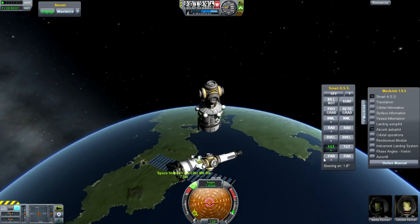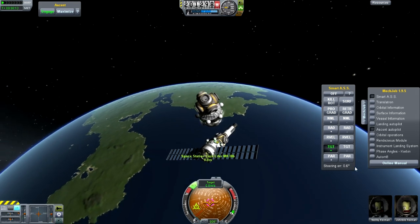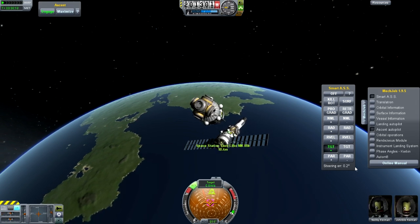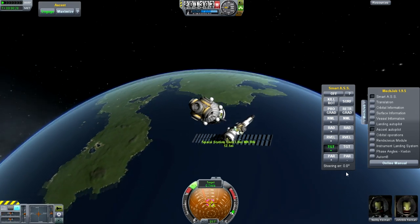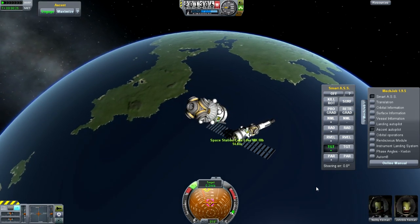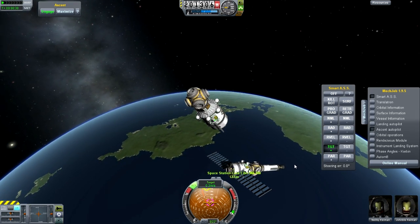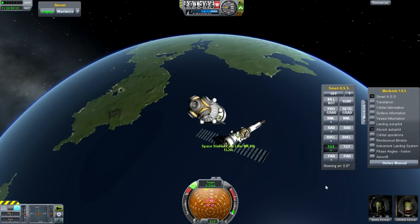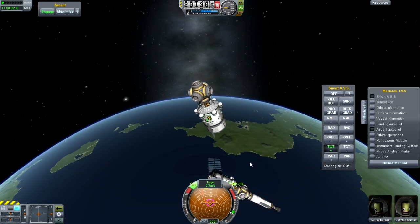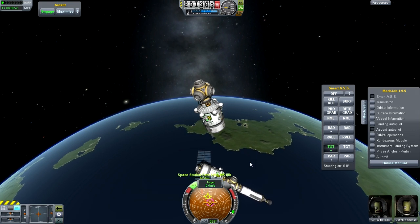And this is where it gets a little bit annoying, because once you lose your orientation, it's much harder to figure out which way the controls are actually going to be going for you. So I know that I need to move towards the station again. You can use the SAS to stop your rotation, but if you do so, you're no longer pointing directly at your chosen target. So if I come in there, and now I know I need to move down slightly, up slightly,